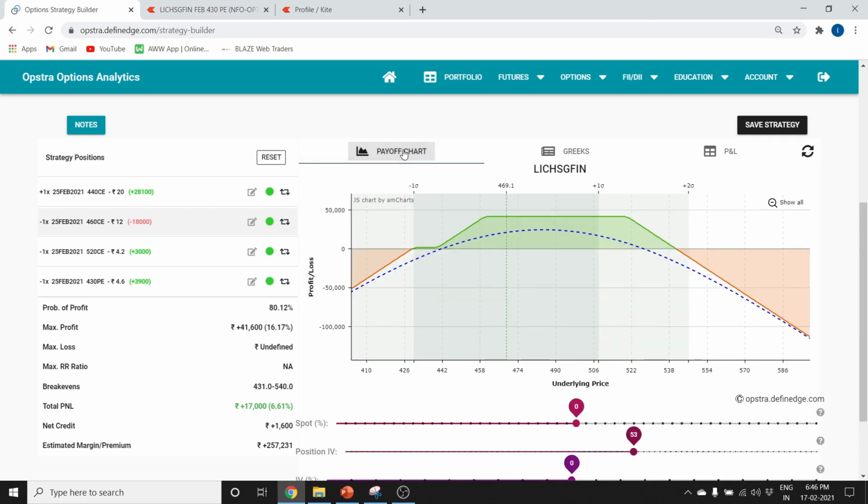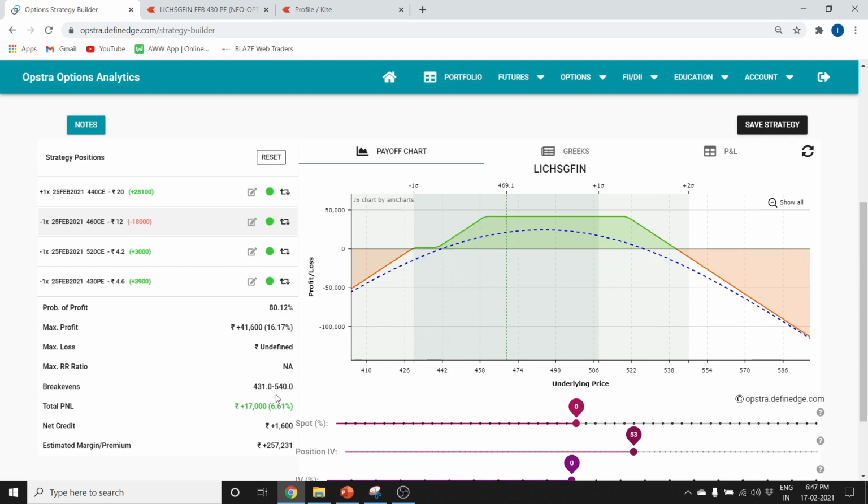Now the fourth step, once you are in the strategy, is monitoring. You have to monitor it for two things. One is on the payoff graph, you have to monitor the break-even levels. On the upside break-even level, we have to be alert 2-3 strikes before it. Even on the put side, 2 or 3 strikes before the break-even level, we have to be alert to make an adjustment. Right now we are in a comfortable position.